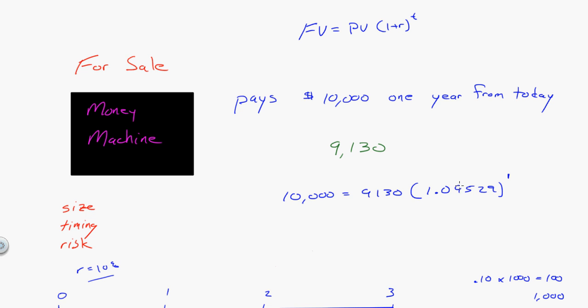Now, I'll show you how to do the algebra in another video, but I want to talk about what this means. This 9.529% tells me I want to make a trade-off. I'm willing to give up money today to get money in the future, and the interest rate tells me the relationship between the value of money today and the value of money in the future. So this exponent here tells me about the timing. The future value and the present value tell me about the size, right? The risk comes in with the interest rate.